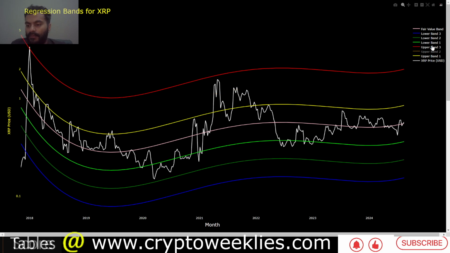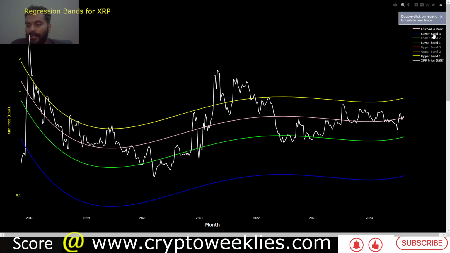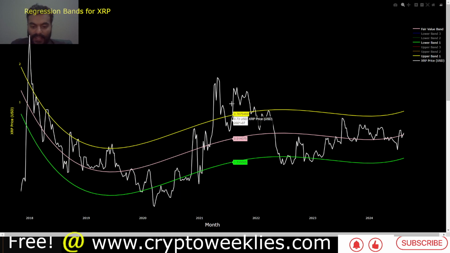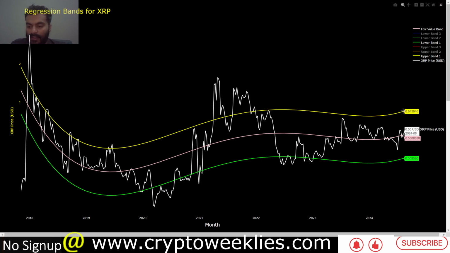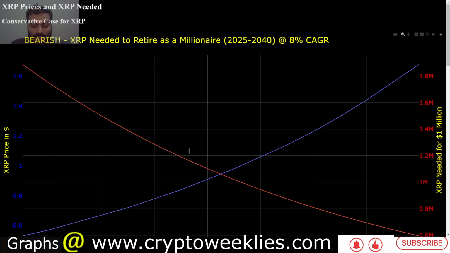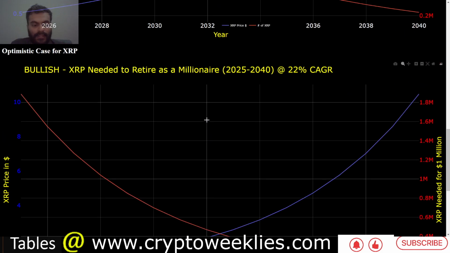So if we were to get rid of the other bands and try to understand the 68% or 70% confidence, the 68% of the time that the price action stays within these bands, those bands are at around 84 cents and 36 cents, between those two levels. So in terms of analyzing XRP and its compound annualized growth rate, let's say XRP manages